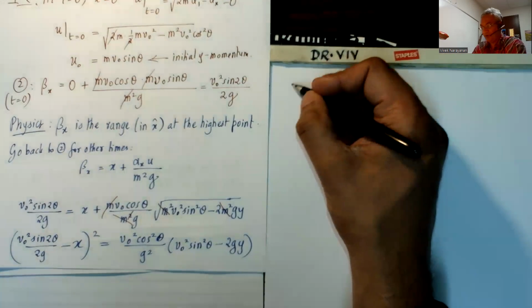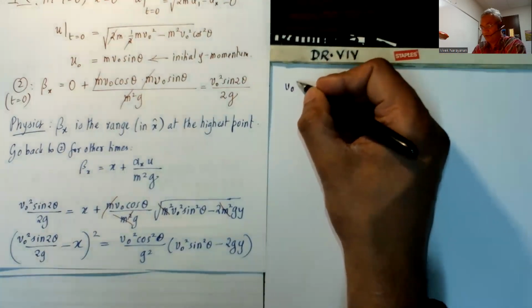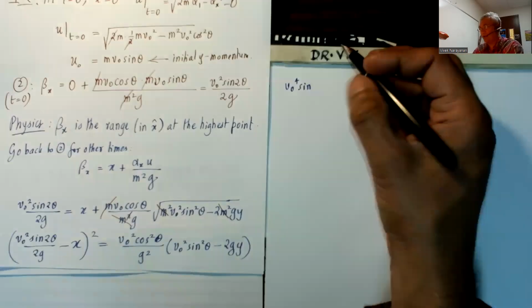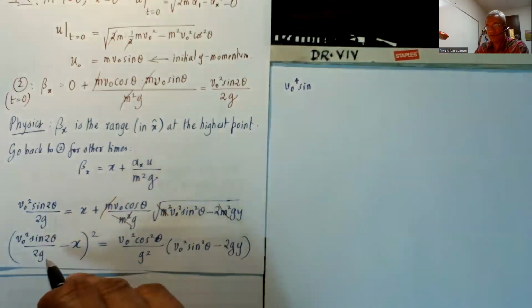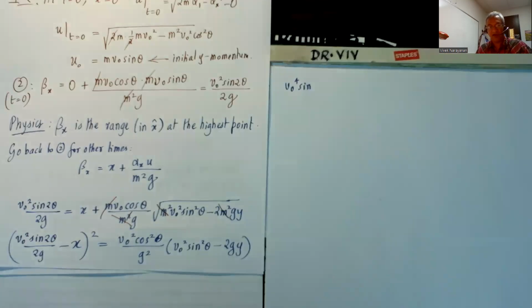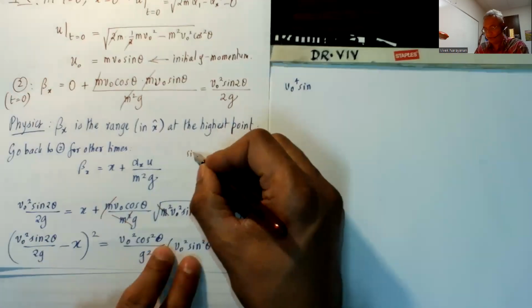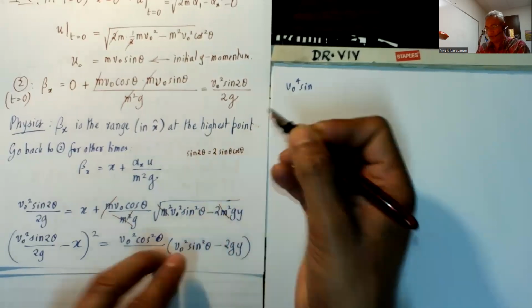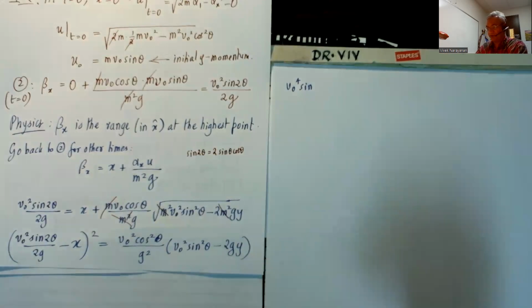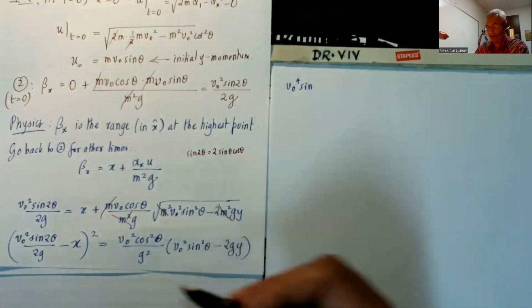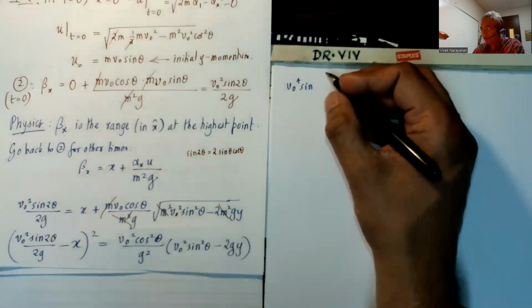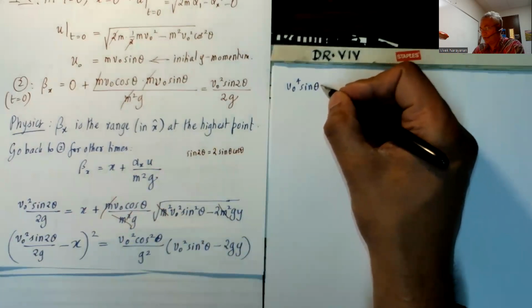So using the formula a plus b squared, I get v naught to the 4. Now sine 2 theta, I'm going to write as sine theta cosine theta. Sine 2 theta is 2 sine theta cosine theta. It's just a twice angle formula. So I'm going to go back to that because it's easier to deal with. Because here I just have sine squared. I don't want to see sine squared 2 theta and then sine squared theta and wonder how to deal with it. So I'm going to write this as sine theta cosine theta